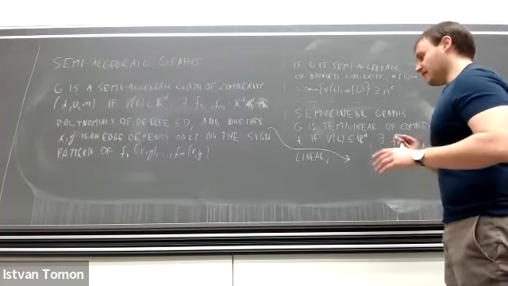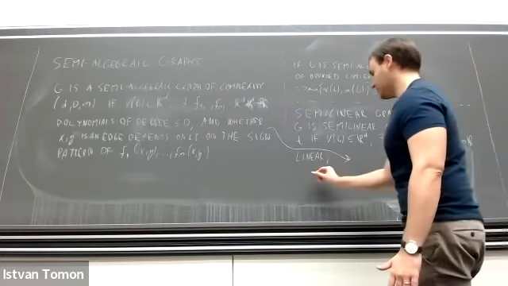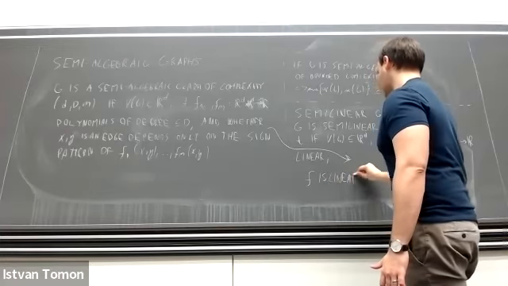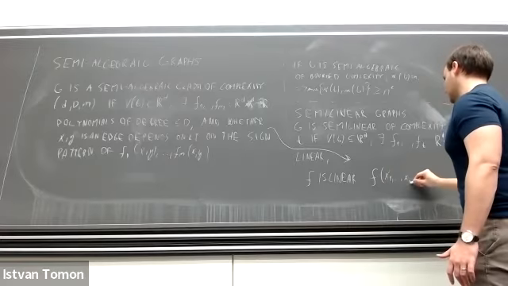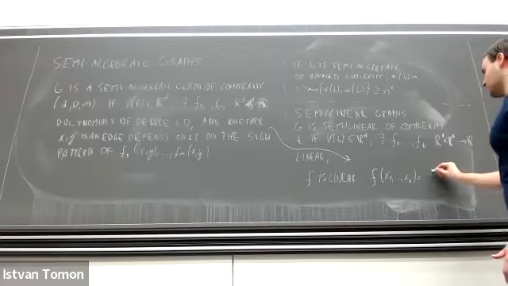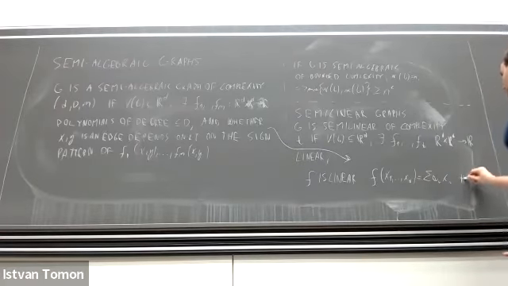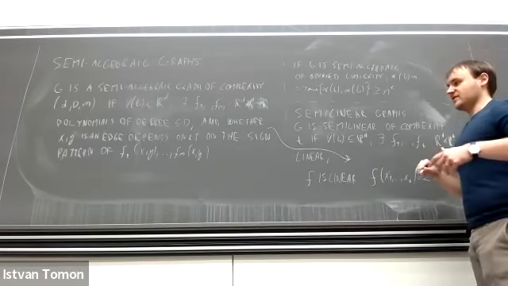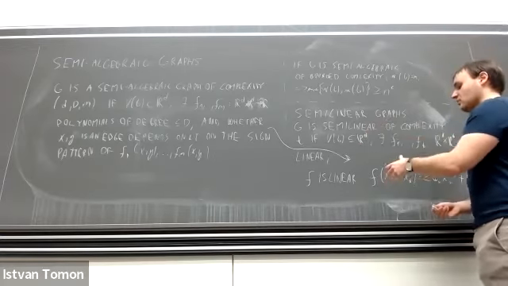So let me clarify, just to be sure about what I mean by linear function. So f is linear if there exist some coefficients such that f(x1, ..., xd) is equal to the sum of a_i x_i plus b. So it's very important that I'm not talking about multilinear functions, because the moment I allow multilinear functions,